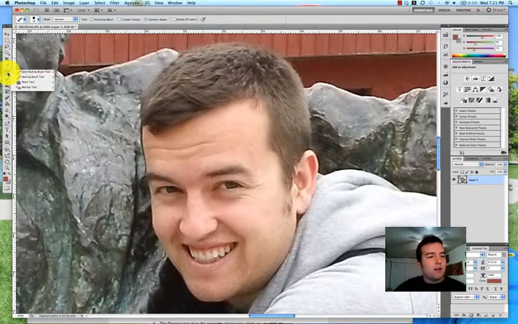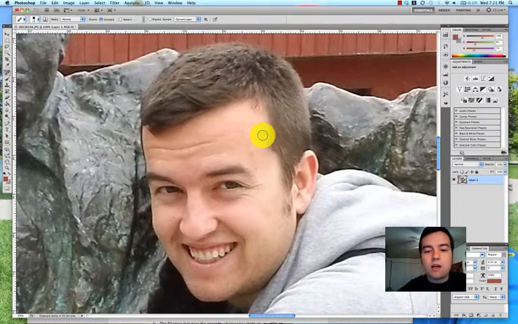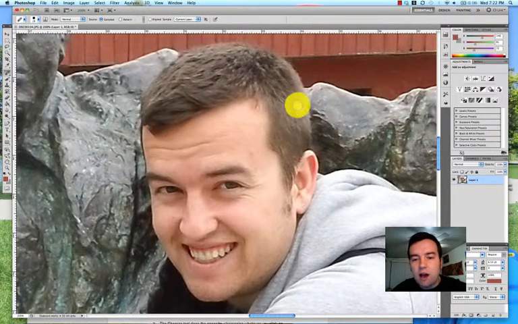The healing brush tool is similar, and with this one you can make a selection of part of my face to transfer to a new part of my face. That sounded so weird, but let me explain by showing you what I do. You press Option, or Alt on a Windows keyboard, and click. As you can see, I'm basically stealing that information from that selection